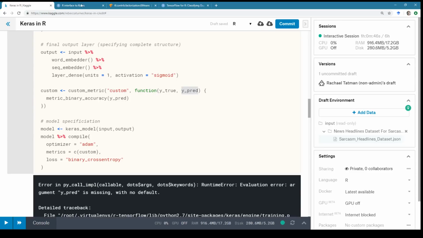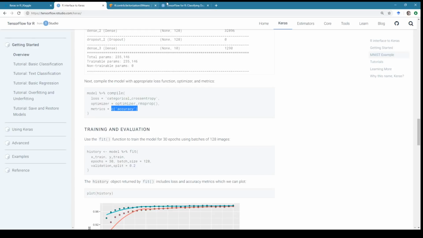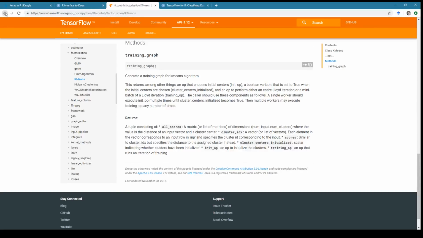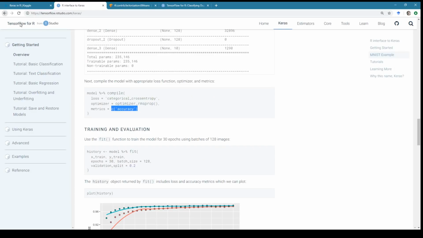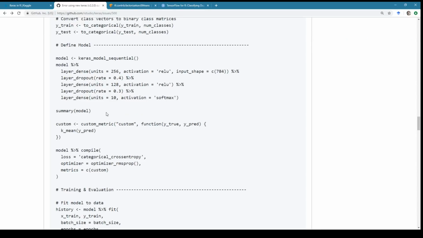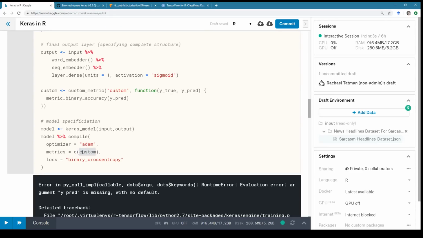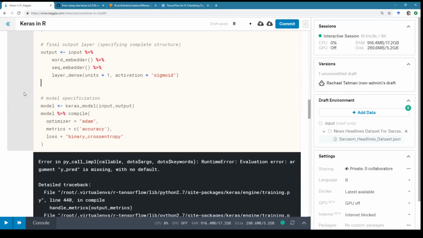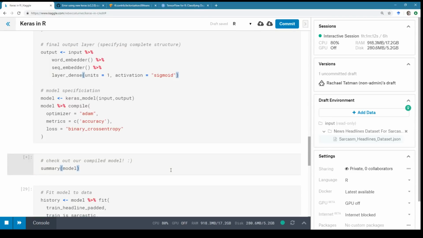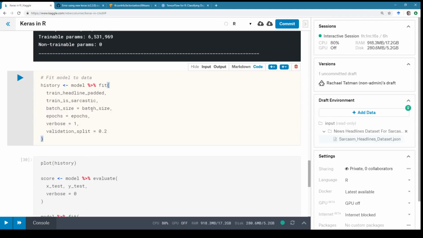But the thing that's confusing me now is that in the GitHub example we were looking at, if I can find it again, they never specified... I think the thing that actually worked the best was trying accuracy. I think this is the one that worked when it was just running for a while and didn't throw any errors. So let's try that and see if we can get it to work. And here we aren't doing the validation data as well, and that might help as well.